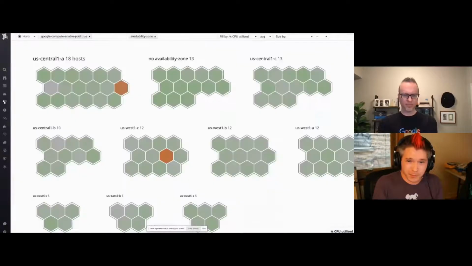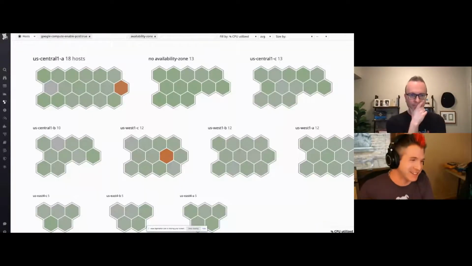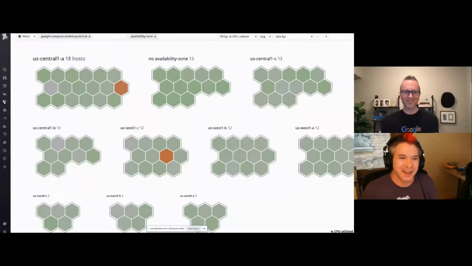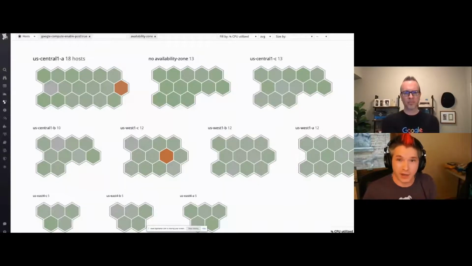And so I would, again, like I mentioned, that hexagonal view, I have to show this because this is the thing that we always show in the booth, because it's a really cool view, honestly. I really dig this view. It's a great way to look at your overall look and feel of everything going on, if you're doing traditional hosts, so talking about the lift and shift strategy, where you had a bunch of things living on VMs, maybe bare metal, that sort of thing,